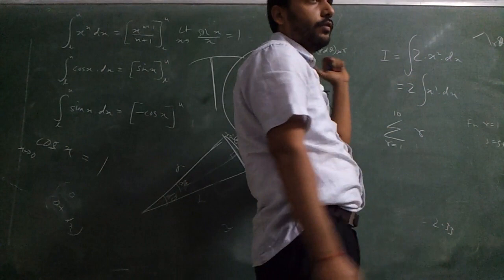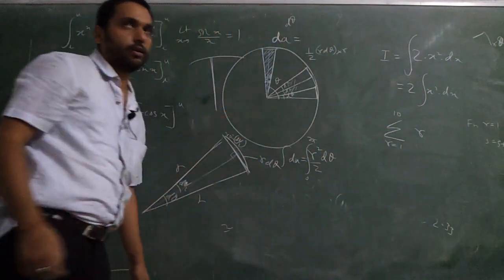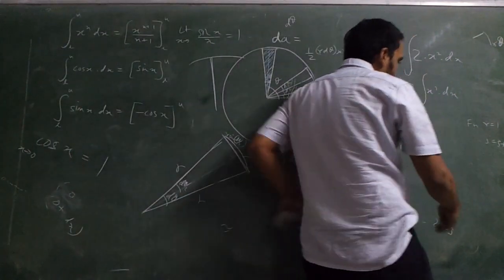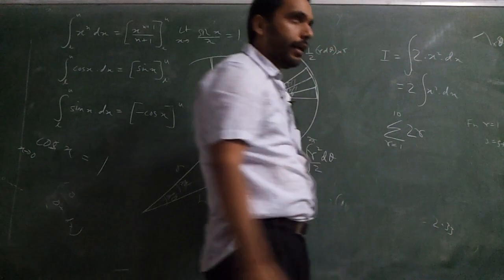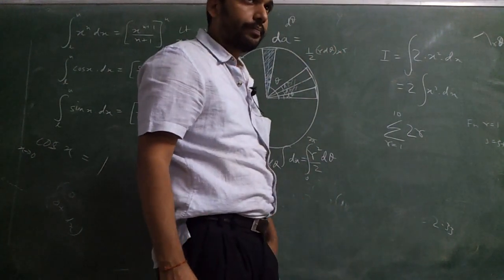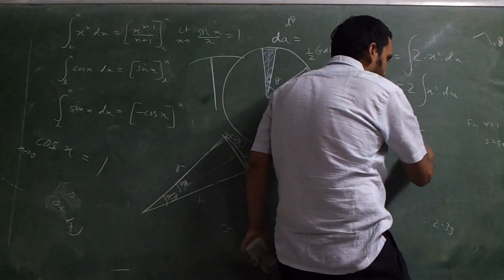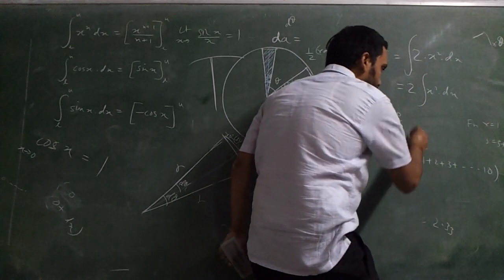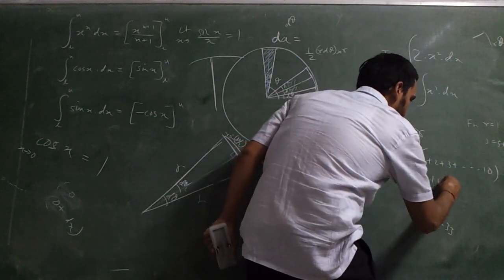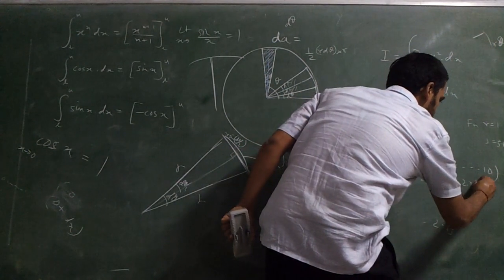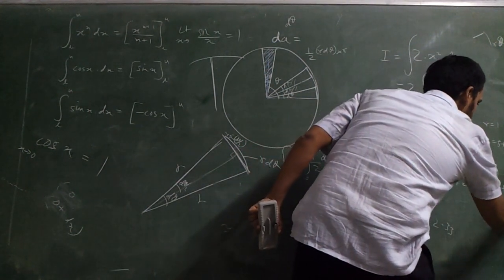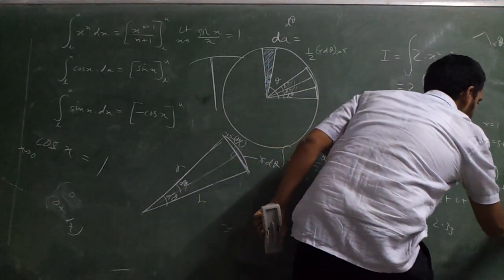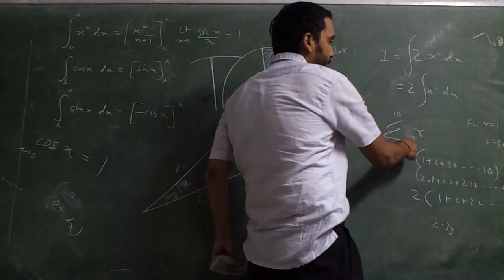You could have steps. You could have what is happening in the integration also. But the step is large steps. Steps of 1. Now here if it was 2r, would you have taken 2 outside? Obviously. Why? Because if 2 is not there, it is 1 plus 2 plus 3 plus dot dot dot till 10. If 2 is there, it is 2 times 1 plus 2 times 2 plus 2 times 3 plus dot dot dot till 2 times 10. So it is same as 2 outside, 1 plus 2 plus 3 plus dot dot dot till 10 or not? So 2 here is same as 2 there or not?